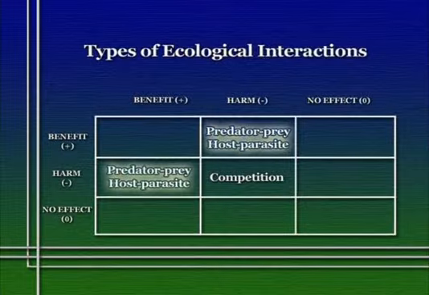This usually happens when one species is either a predator of the other species or a parasite of the other species. So we refer to this kind of interaction as a predator-prey interaction, or sometimes we might call it